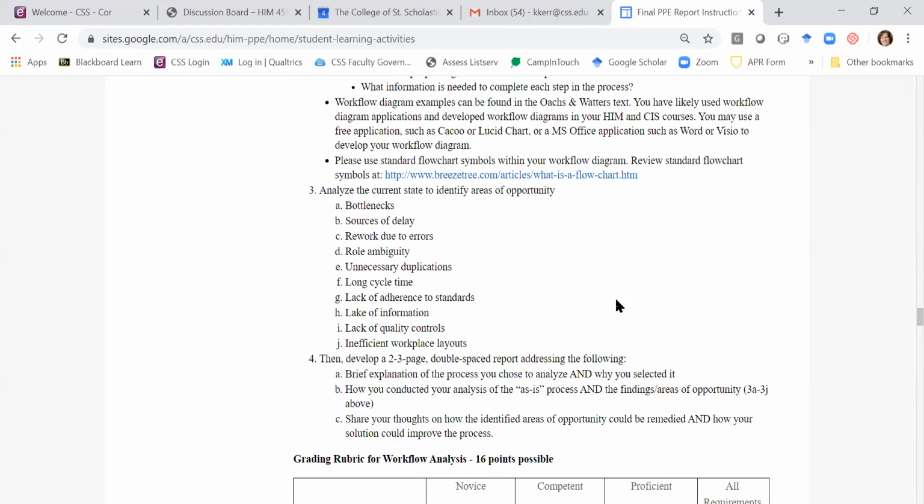Maybe there are bottlenecks, there are sources of delay. Why is it taking so long for this step to complete so that the next step can begin? Rework, errors. Maybe you realize that Amy is doing the same thing as Jane, and why are they both doing that? And so those kinds of things. Okay, I want you to address these, but I don't want you to have to address all of them, because not all situations are going to have the same areas of opportunity. Okay, then